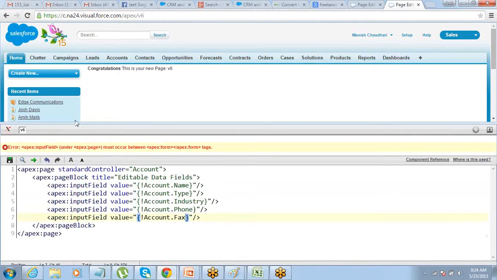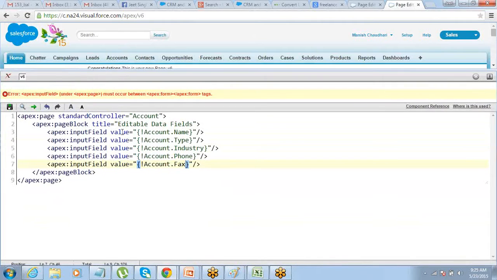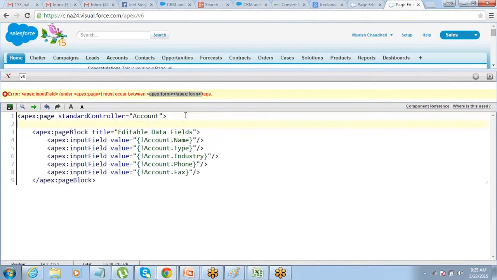So here I have put everything inside input field. Now the moment you are using an input field component, this component always needs to appear within an Apex form component. So that's a rule.